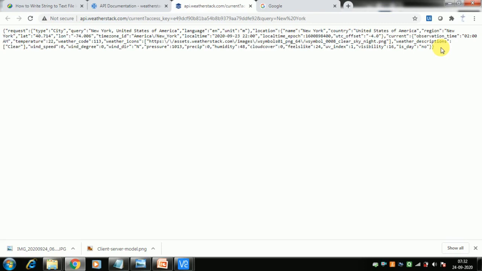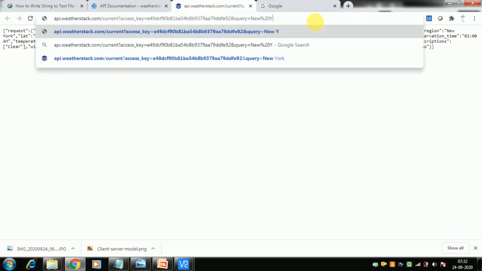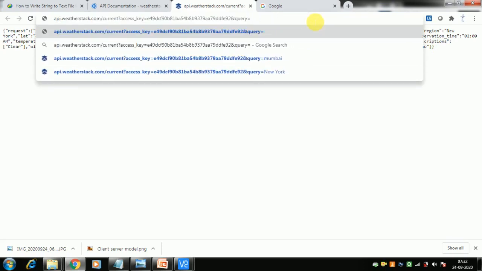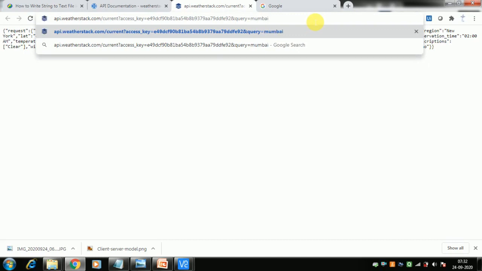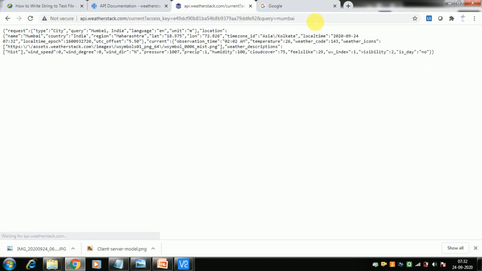JSON stands for JavaScript Object Notation, which is formatted data that is very easy to use as a variable in our program. Let us see how JSON works. Before that, this data is for New York. Say I want data for Mumbai. You can just say Mumbai, and it will give you the data for Mumbai.